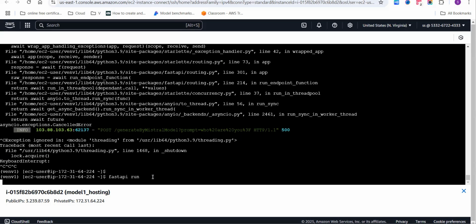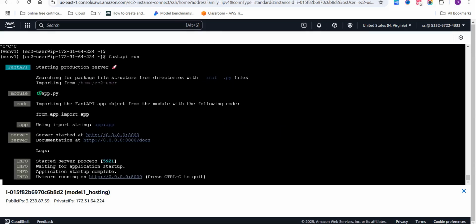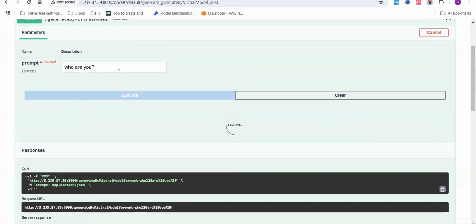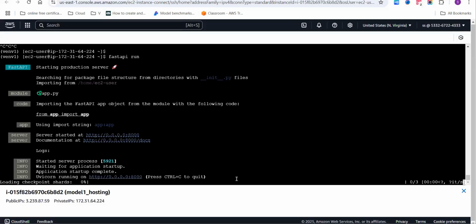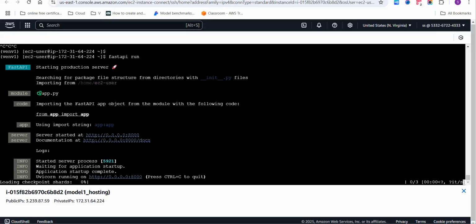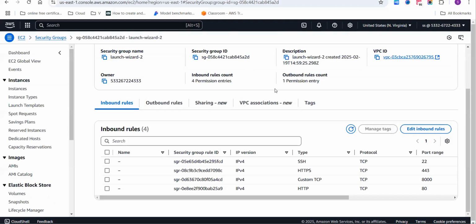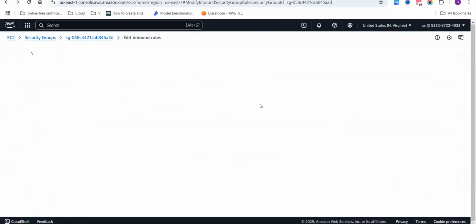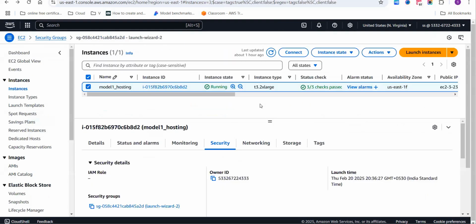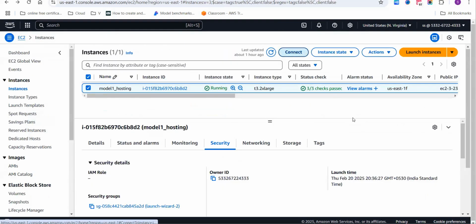Okay, now I'm running it again, and I'm opening this and executing the same command again. Like, who are you? It will generate the response. Charts are loading, the same thing, and the model gets loaded. Then it will generate the response and send it back to here. So meanwhile, let's open one more connection to this EC2 instance and try to write some Python code